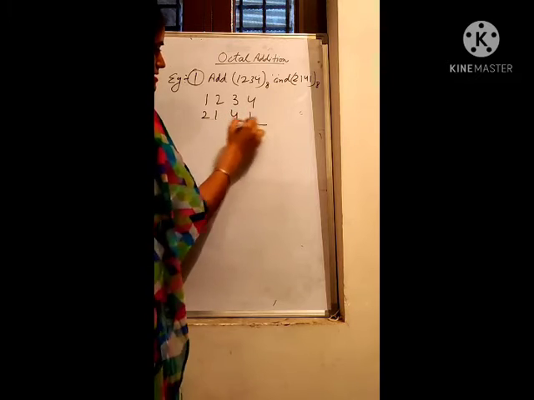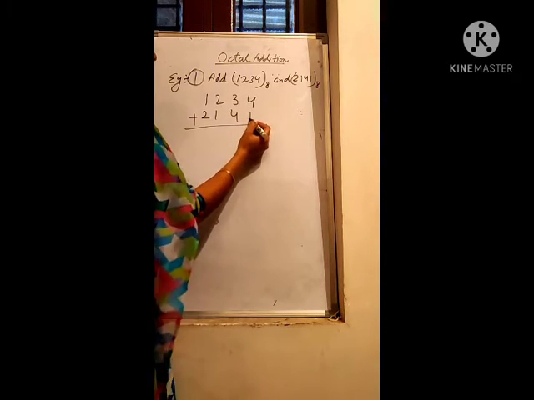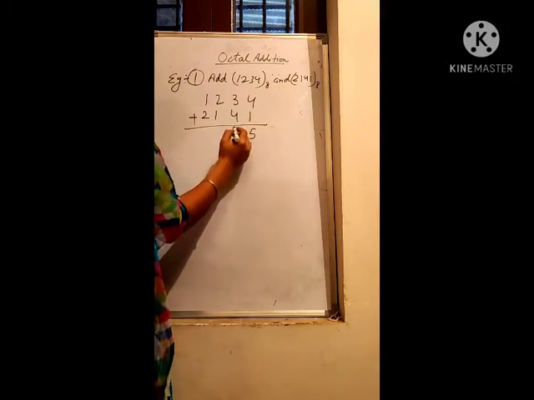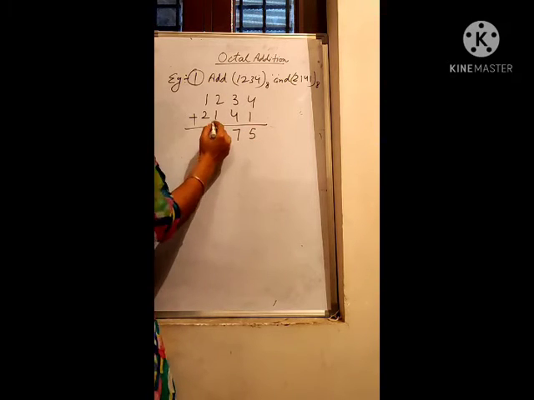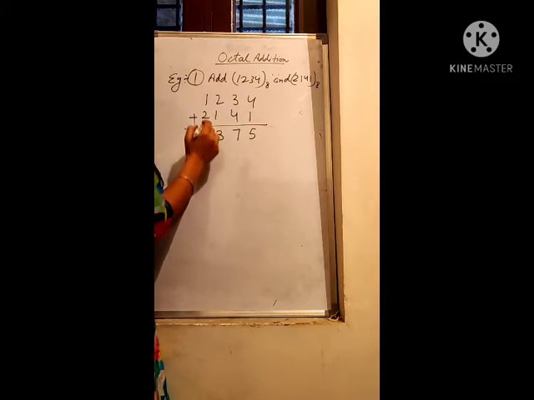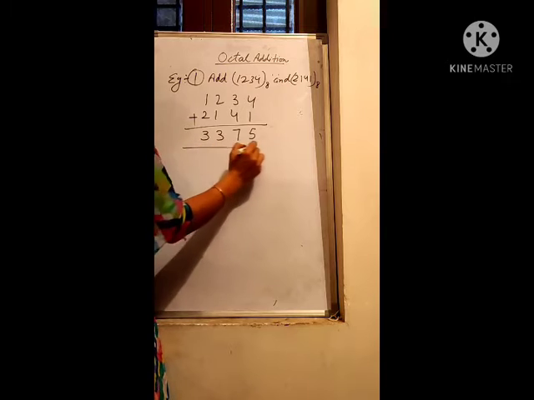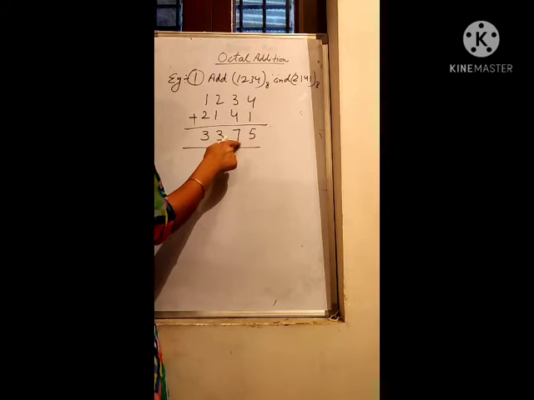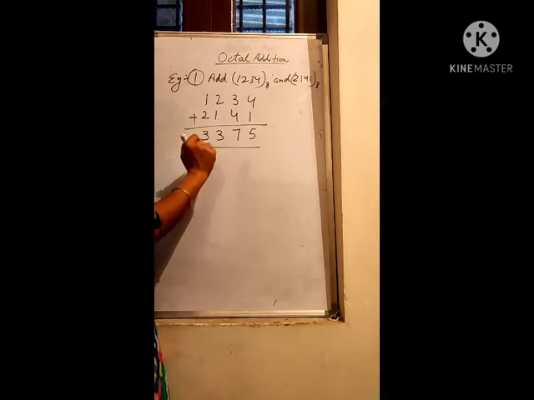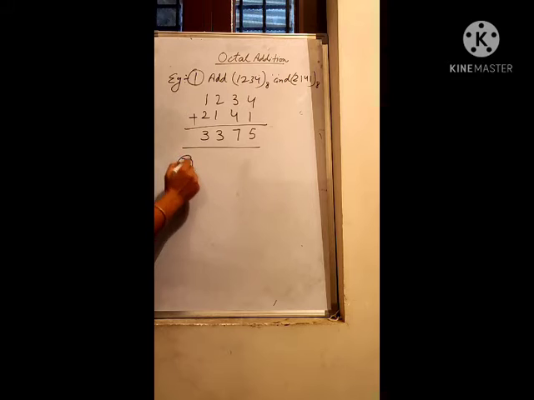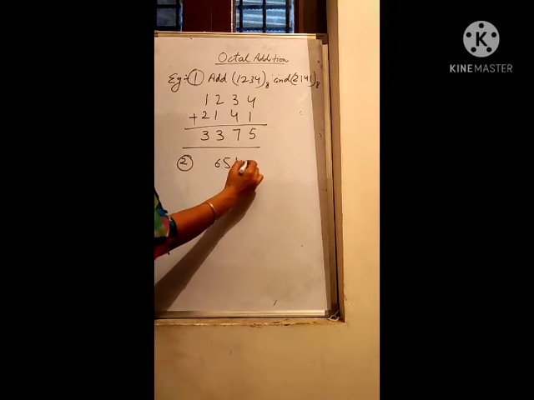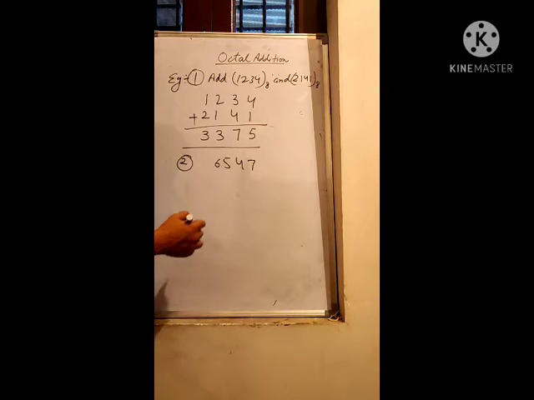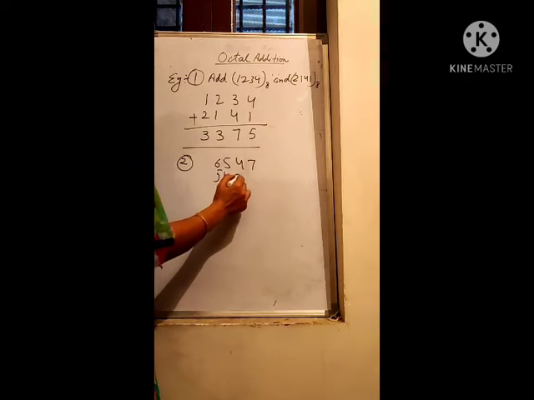Write the number like this: 4 plus 1, 5; 4 plus 3, 7; 2 plus 1, 3; 2 plus 1, 3. All the sums are less than 8. There is no need to subtract 8 from the sum and there is no carry. I am taking the second example. If I want to add this octal number with this other octal number,